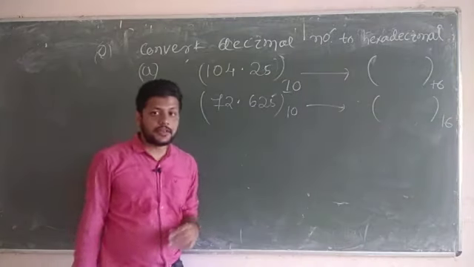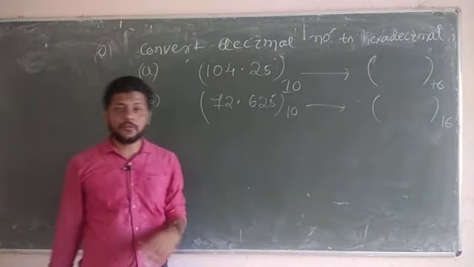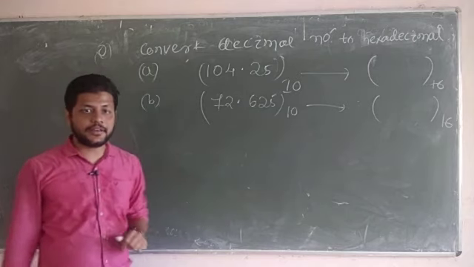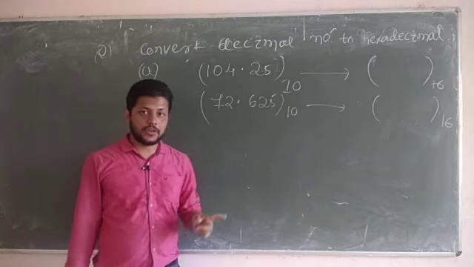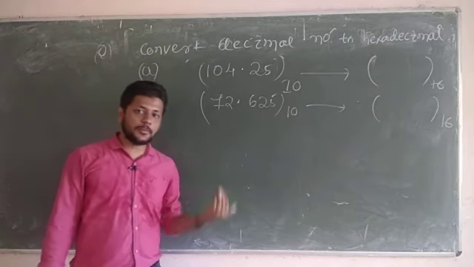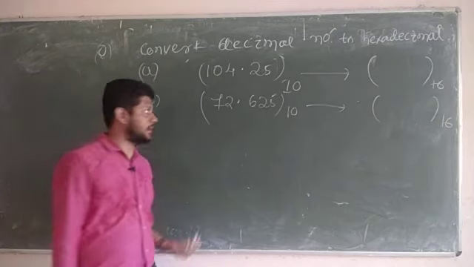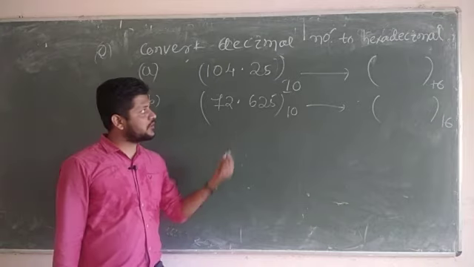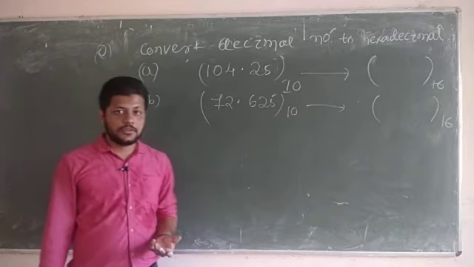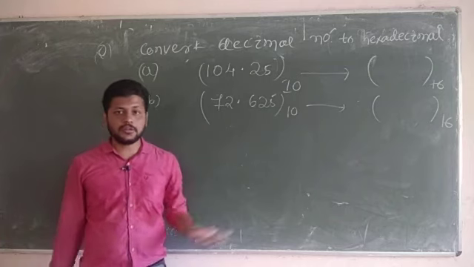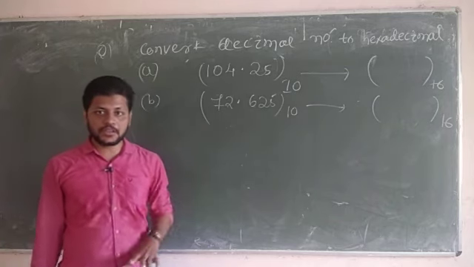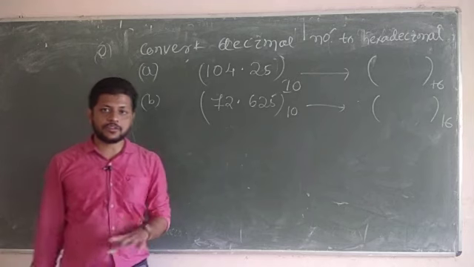So this is it, we have learned how to convert from decimal to hexadecimal, decimal to octal and decimal to binary. In the next class I will solve questions on the reverse, that is from binary to decimal, hexadecimal to decimal and octal to decimal. And then a few questions on hexadecimal to binary and octal to binary, how we are going to convert them. In the next class we will cover the number system, and then after that we will learn binary addition, binary subtraction, binary multiplication, 1s complement, 2s complement, etc.